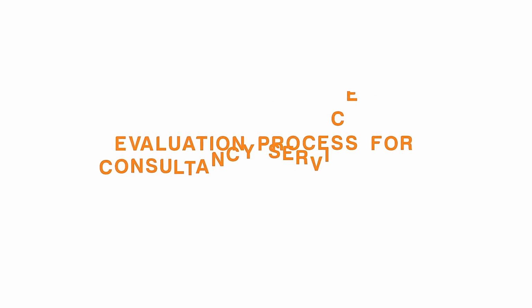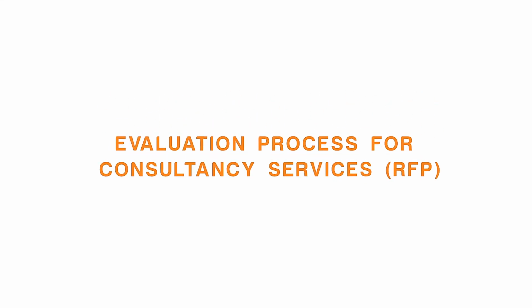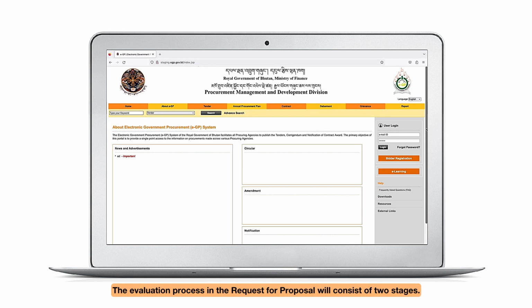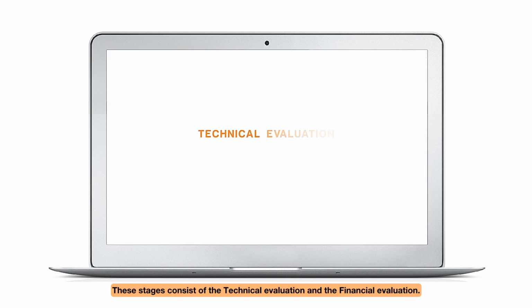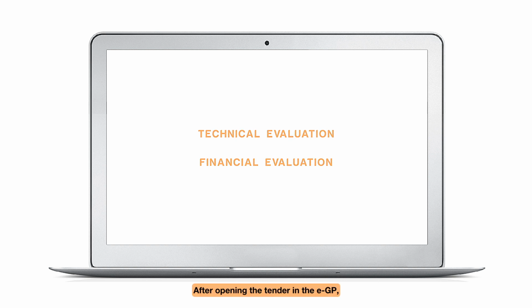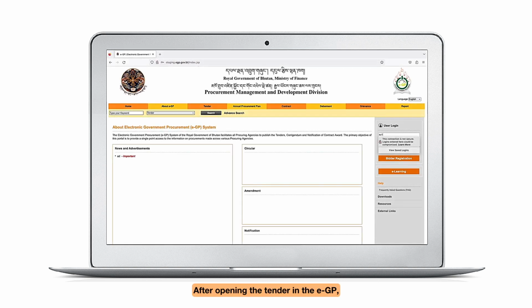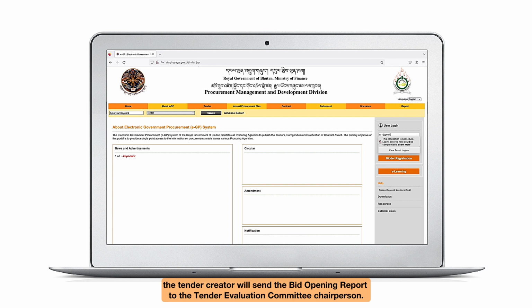Evaluation process for consultancy services, RFP. The evaluation process in the request for proposal will consist of 2 stages. These stages consist of the technical evaluation and the financial evaluation. After opening the tender in the eGP, the tender creator will send the bid opening report to the Tender Evaluation